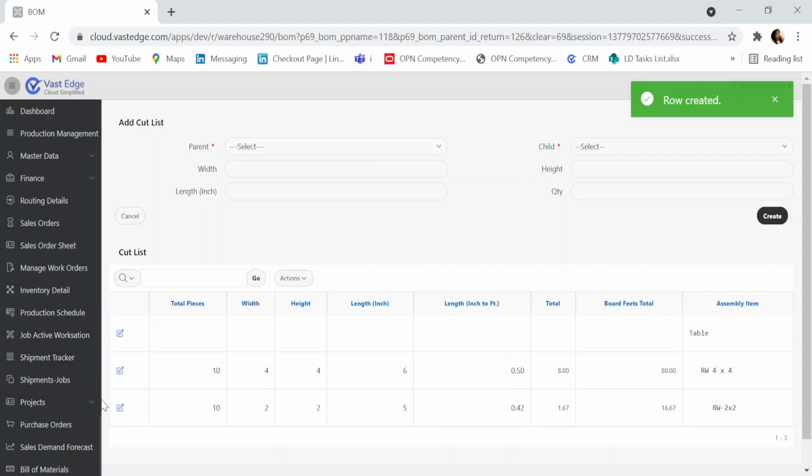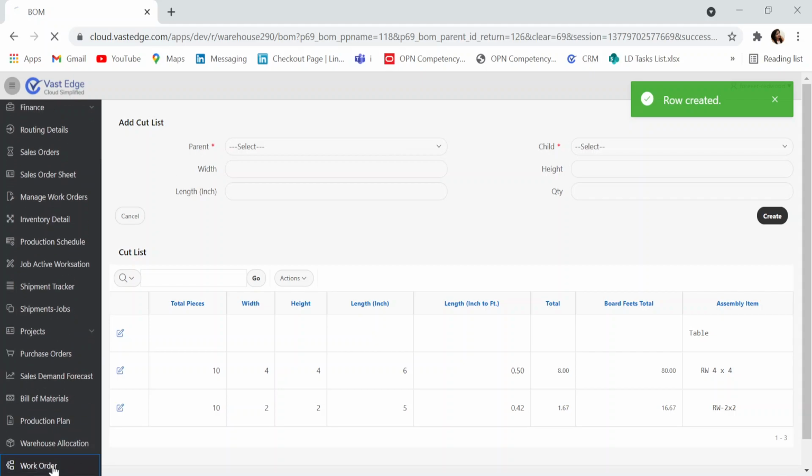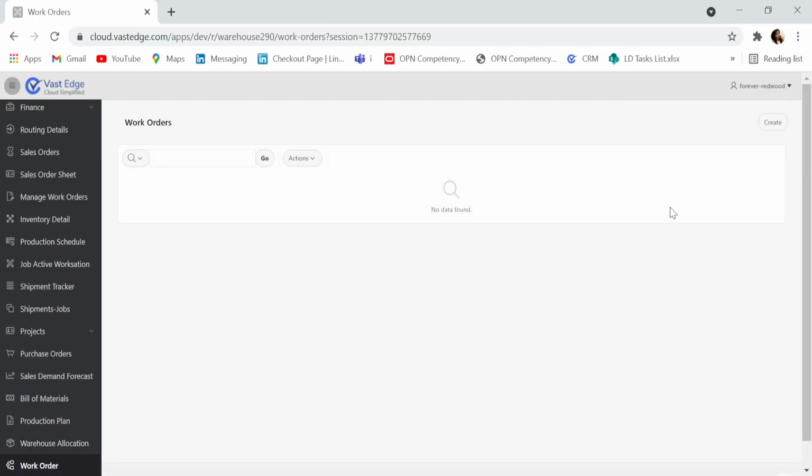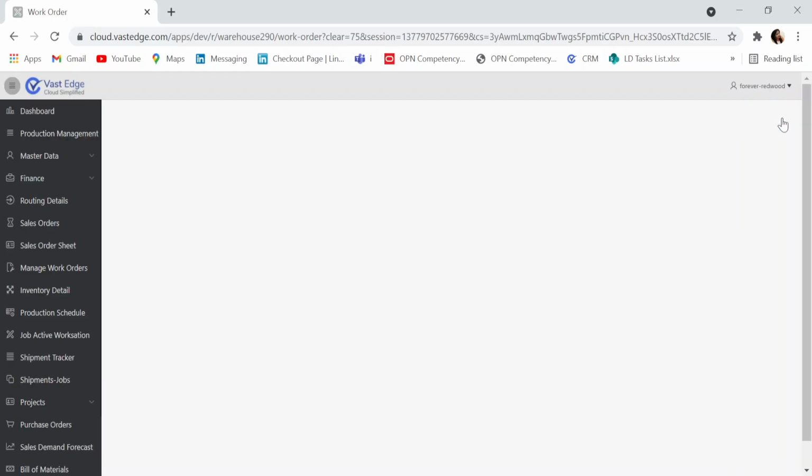After creating this you can go into the work order option. From the work order option you can create the product name, on which date you have started creating it, and what is the delivery date.